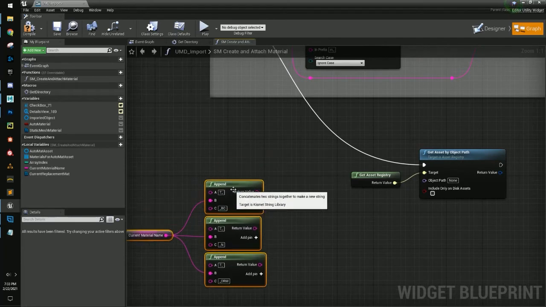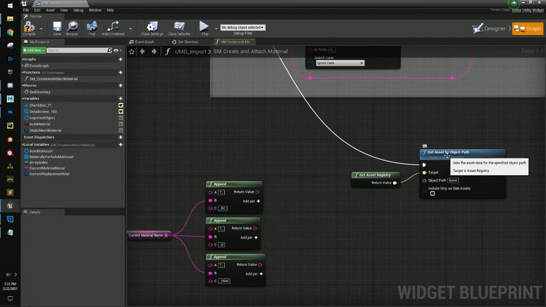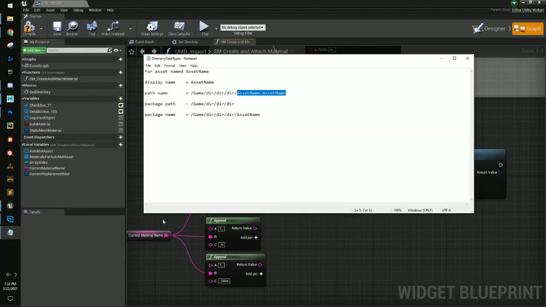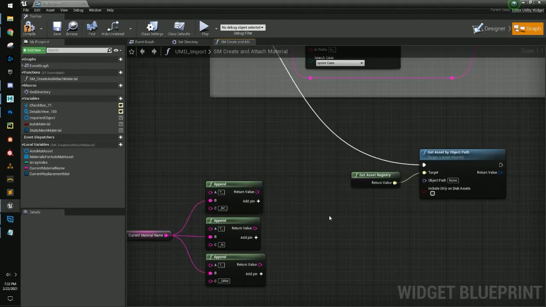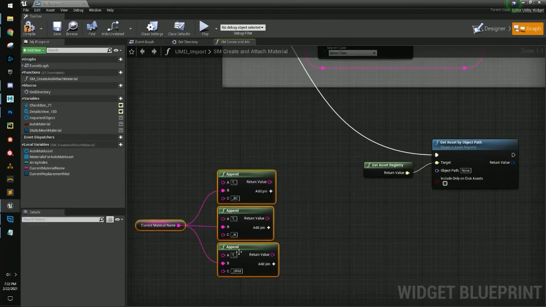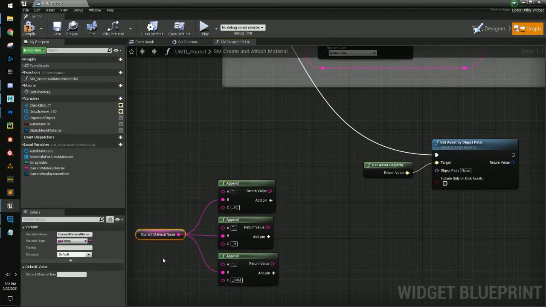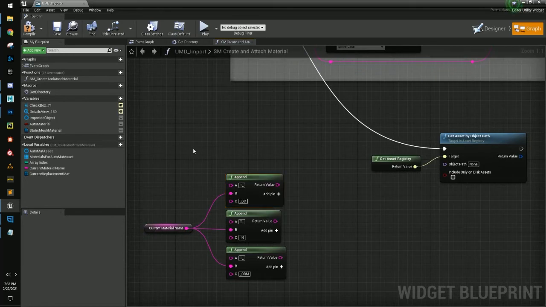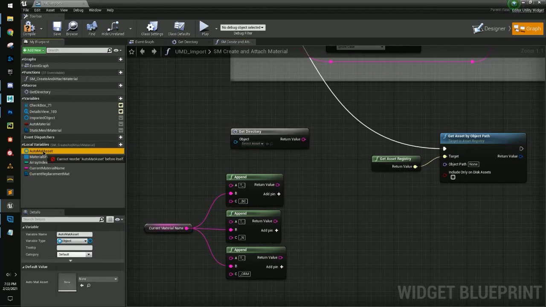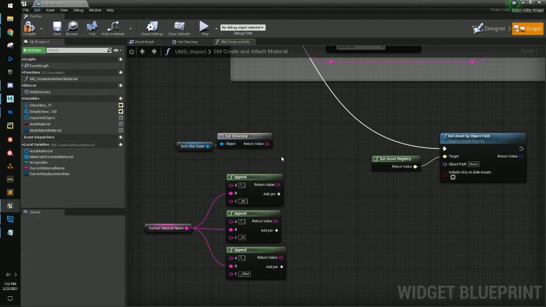Great. Now, get asset by object path takes an object path, and an object path is basically the same as a path name. So we know the names of the textures that we want, and now we just have to figure out where they are. If I take get directory, our auto material asset, plug that in there, this should return just the directory we're importing to, and assuming that we are importing to the directory where the textures live,